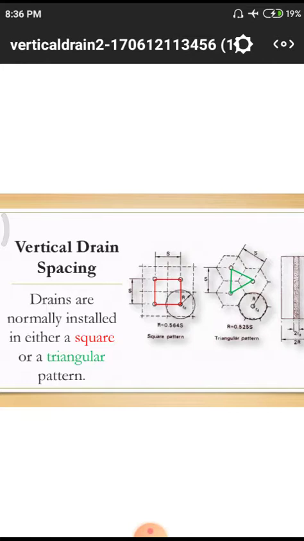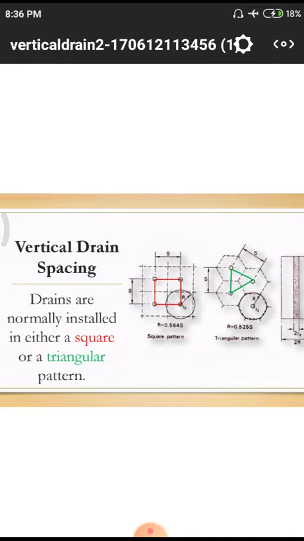First of all, we have to study the shape. In these diagrams we have two kinds of shape patterns. First, we have the square pattern. In this square pattern, four vertical lines are collected with the help of these red lines, so that it is one of the efficient ways.